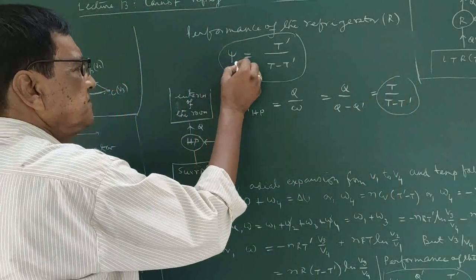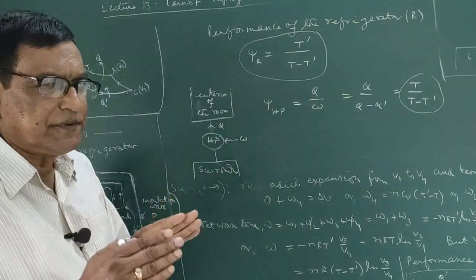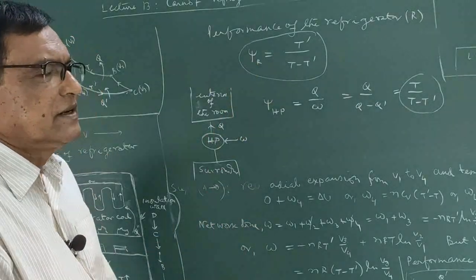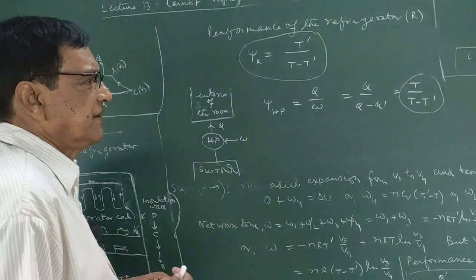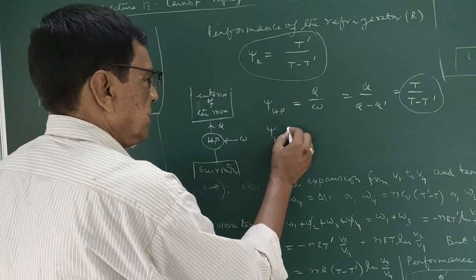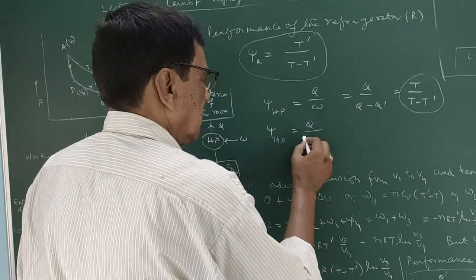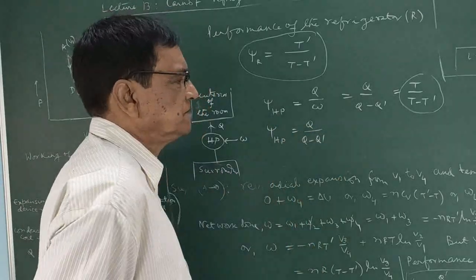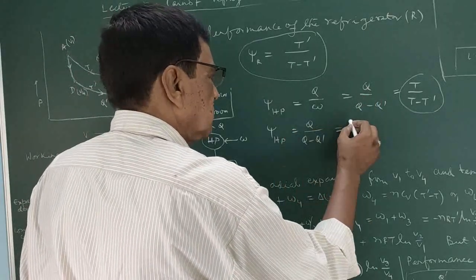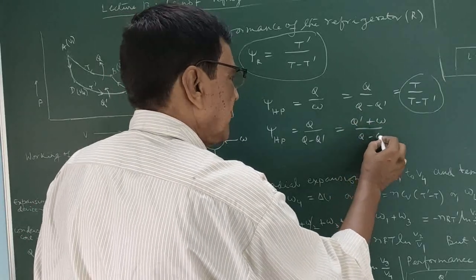If you can see, then the performance of this heat pump is a little bit greater than the performance of this refrigerator. Say psi, the performance of this HP equal to Q by Q minus Q dash, and it is here. So this one equals Q dash plus W divided by Q minus Q dash,